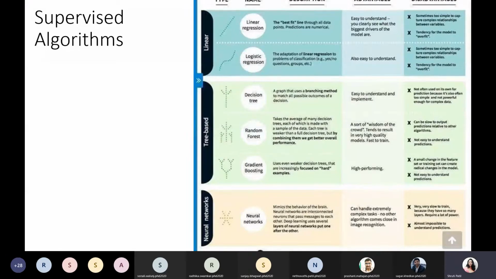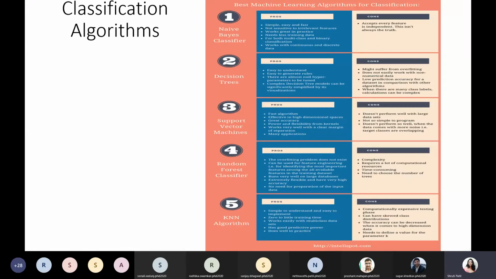And an extension of these neural networks is nothing but the concept of deep learning, where these neural networks are completely automated and the input is just the image that we have to give, and we don't have to provide any kind of learning to this network. Okay, so these are some of the famous classification algorithms.